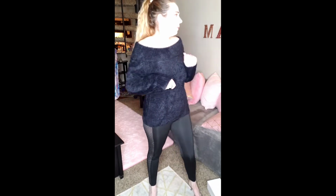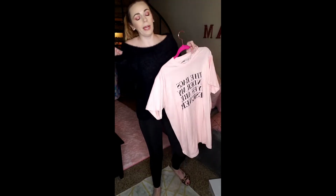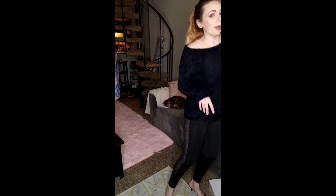I could also wear this with, you know what I should have paired it with? Just a tee like this or something. I think that would be super cute. But anyways, I'm not putting outfits together. I'm just trying on what I got from SHEIN. So, alright, next,